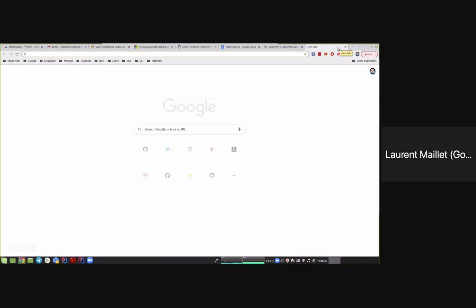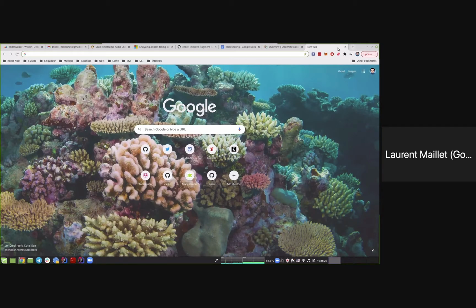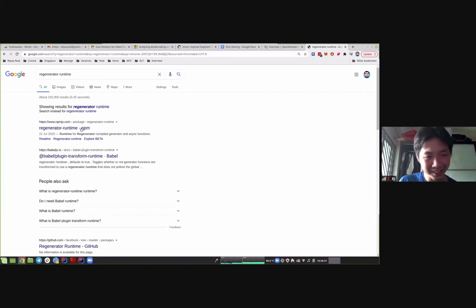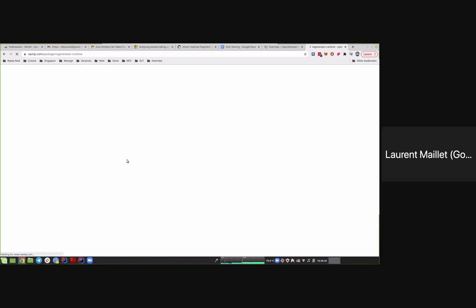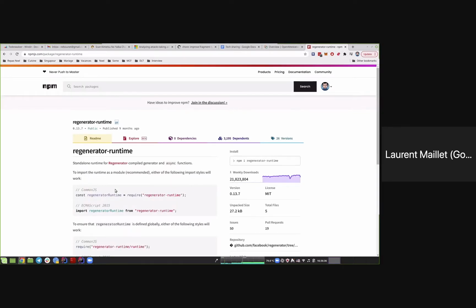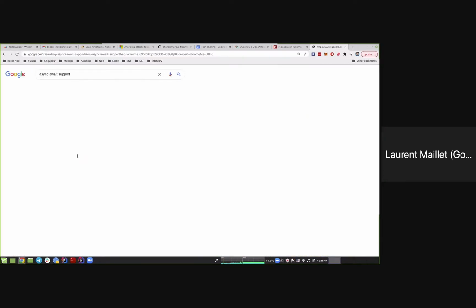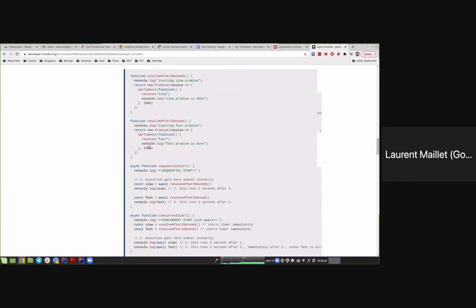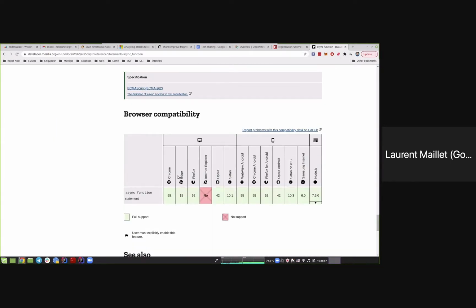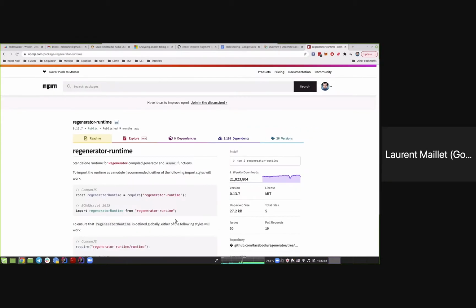Exactly. So regenerator runtime, like RJ said, will allow you to use async await in the browser. But the thing is that the browsers already support async await. Everything but Internet Explorer already supports async await. So it was failing